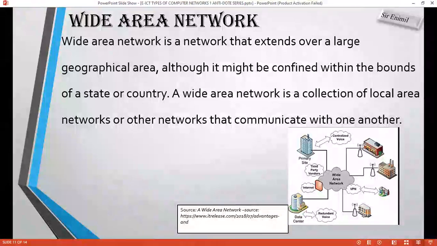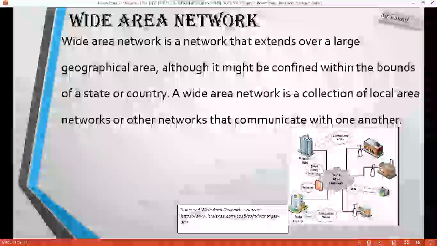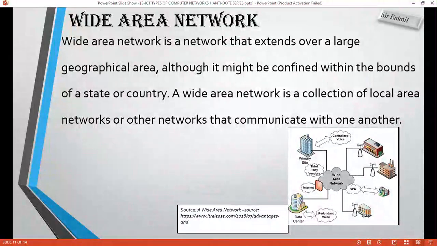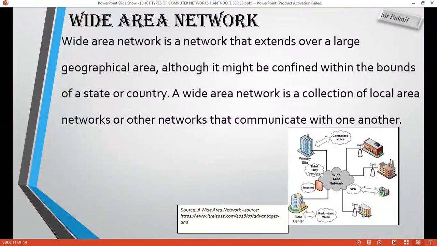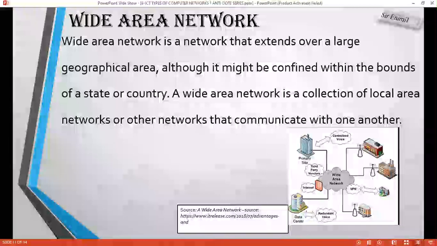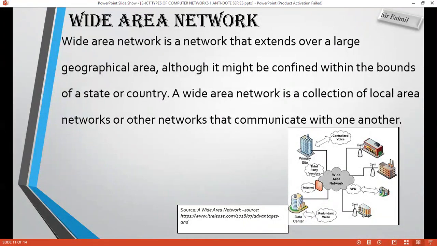Now, a very fine example of a wide area network is the internet, which covers the globe, like it's everywhere. However, you can have a wide area network that covers an entire country, meaning all the country is connected. So you can share files within the country. What you cannot do is go outside the country to access Google and those kinds of things, because that would mean that you have to connect to the internet.